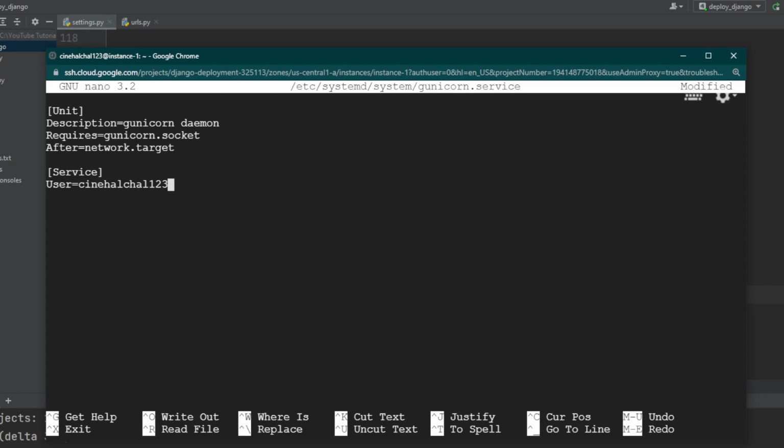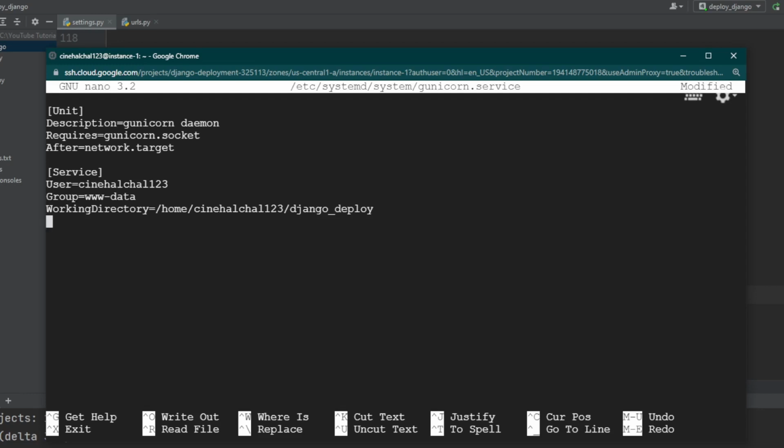We'll then give the group ownership to the www-data group so that Nginx can communicate easily with Gunicorn. Group equal to www-data. We'll then map out the WorkingDirectory equal to /home/Sinihalchal123/Django_deploy. This is my working directory.